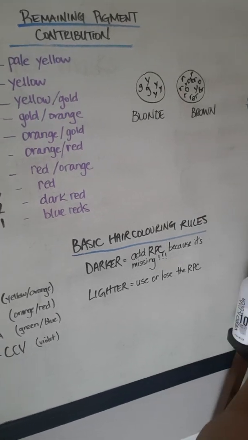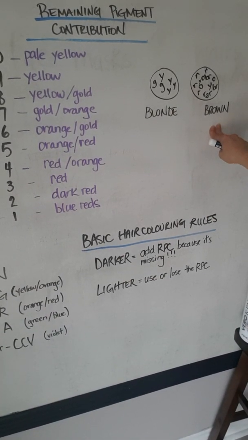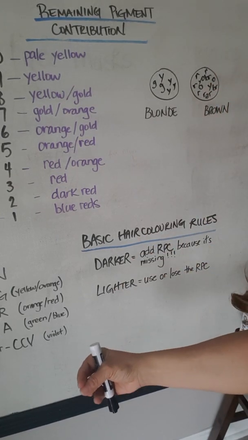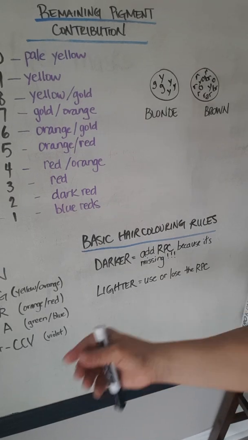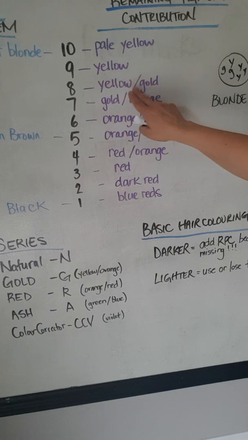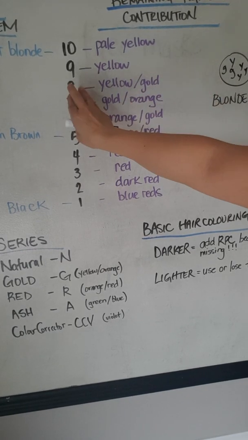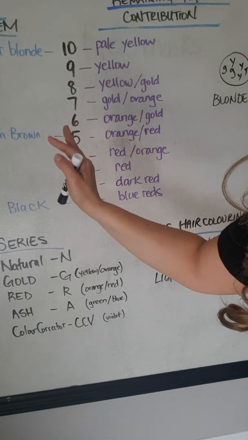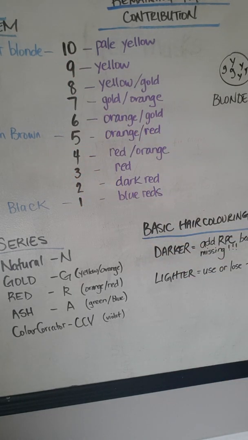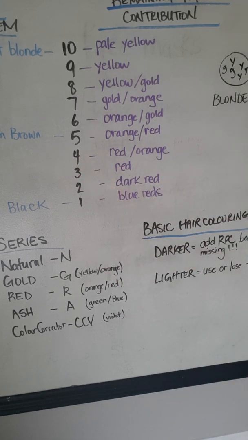So remember when we talked about what blonde hair looks like and what brown hair looks like in the cortex? If we don't add the right colors, you won't end up with the right color, okay? So when you're going darker, let me give you an example. Let's say my client comes in and she is a natural level 8, which is about a medium blonde, okay? And she says to me that she wants to be a really dark brown color, let's say a level 4,